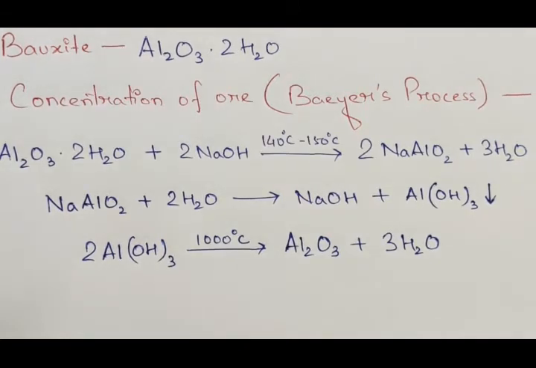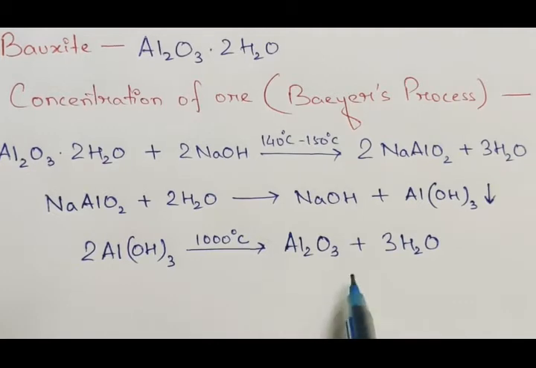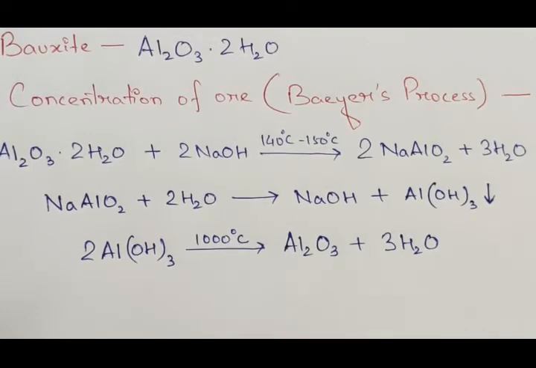Now, there was a problem of performing the electrolytic reduction of alumina, because electrolytic reduction can be done in the molten state only, and alumina melts at a very high temperature of around 2050 degrees Celsius. So at this temperature, aluminium generally vaporizes. So it is impossible to collect aluminium from its oxide at very high temperature. Clear? So this difficulty was solved by the scientist named Hall.